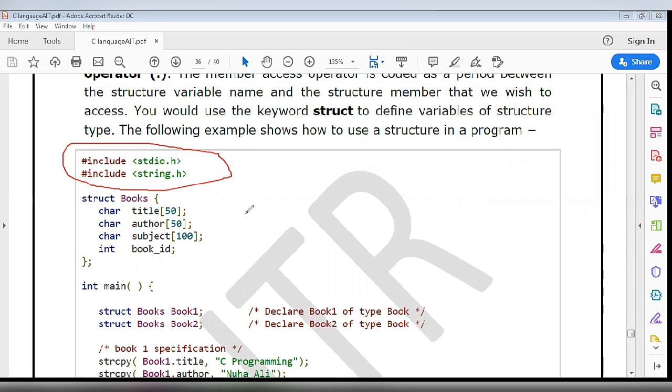After that, in the main function, we have declared two objects of books like struct books book 1 and struct books book 2. After that, we are accessing those elements one by one.